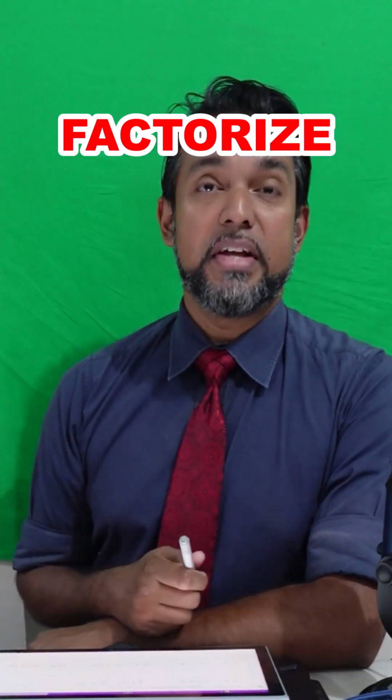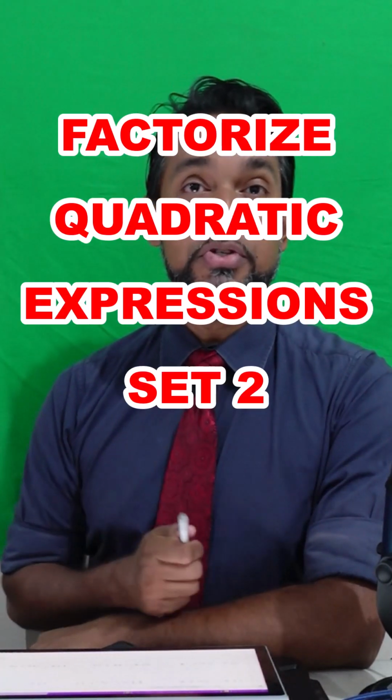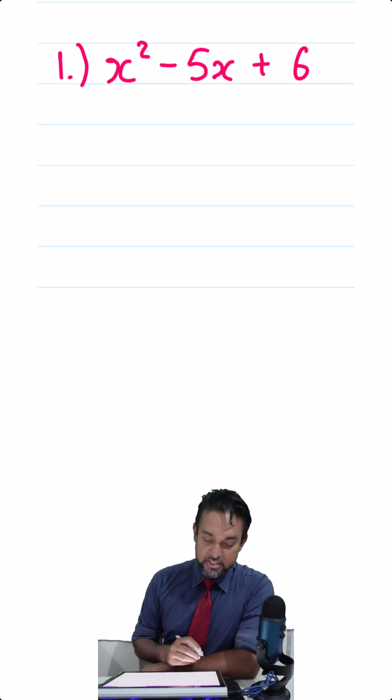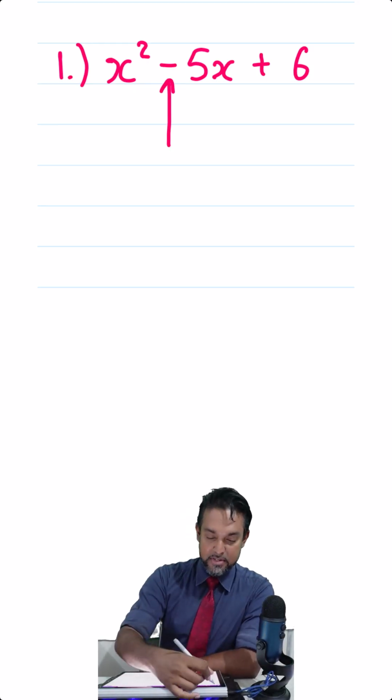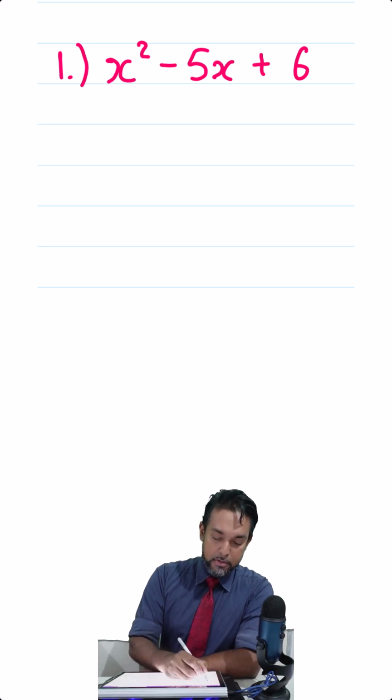So we're going to factorize some more quadratic expressions using the shortcut I've shown in the previous video. Let's get at it. So these quadratics have a very significant difference in that the coefficient of the x term is negative. So we know when we factorize a quadratic, we're going to get the product of two binomial expressions,